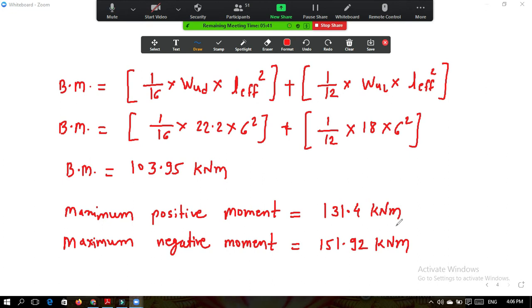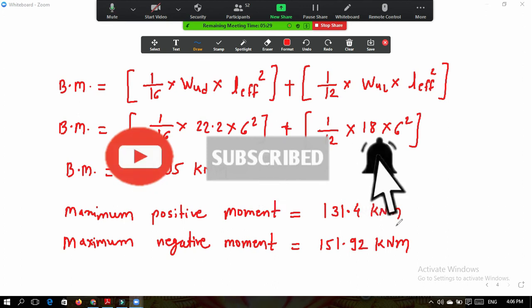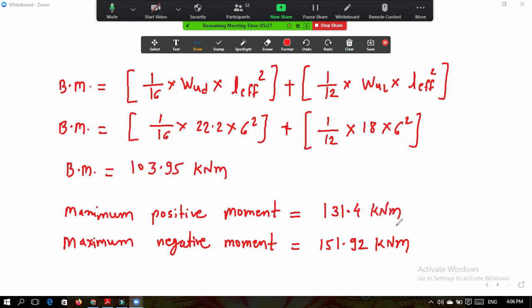So now you do one thing, you take the check for depth. Okay, so equate the depth to the maximum bending moment out of these two. Who is maximum? 151. So for 151 kilonewton meter, you take the check for depth. Now you already know how to take the check for depth. Take this bending moment, equate it to MR. So Fe415 is given, so it is 0.138. So use that coefficient and let me know the provided depth is sufficient or not. Check it now. What we have provided, that 600, it is sufficient or not.